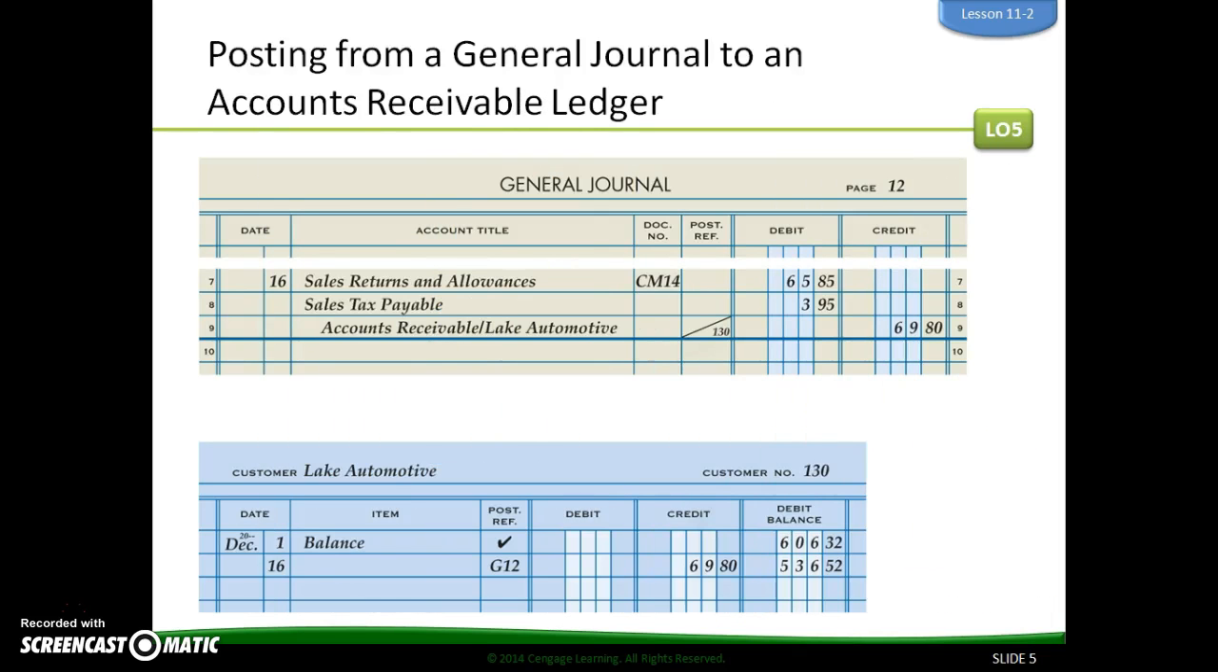Now, posting from a general journal to accounts receivable ledger, we're going to go ahead and take that information from the general journal, and we need to go ahead then and